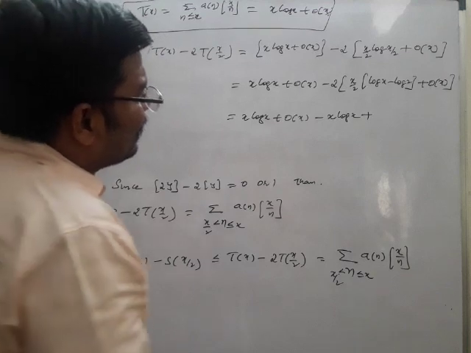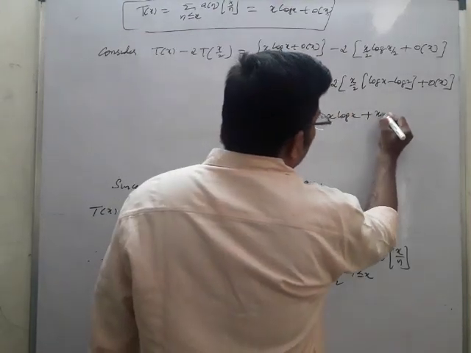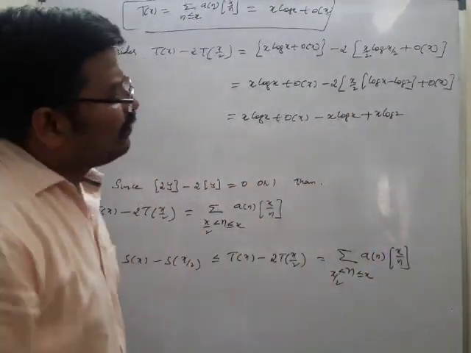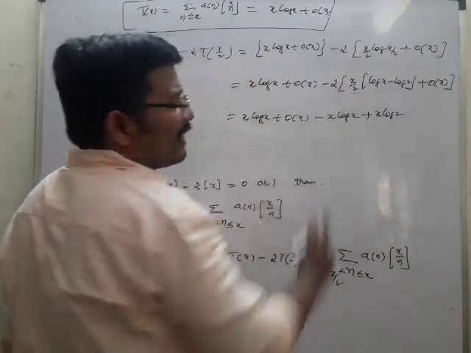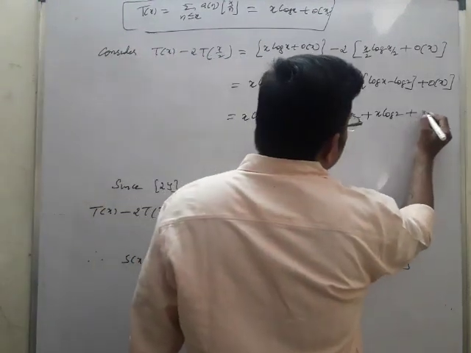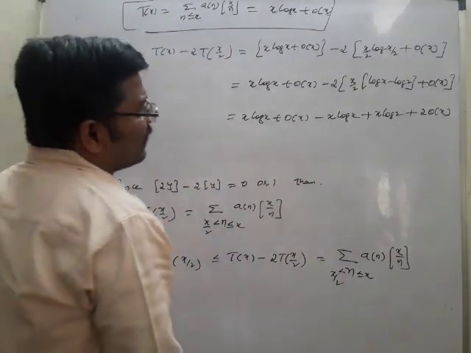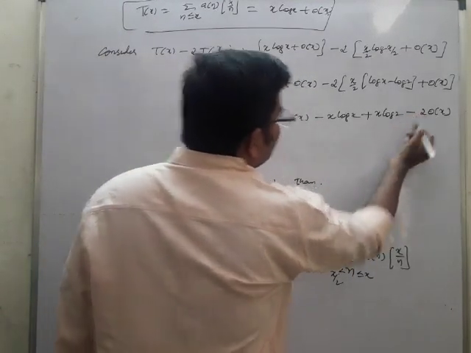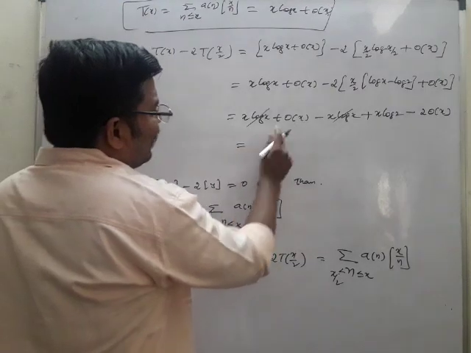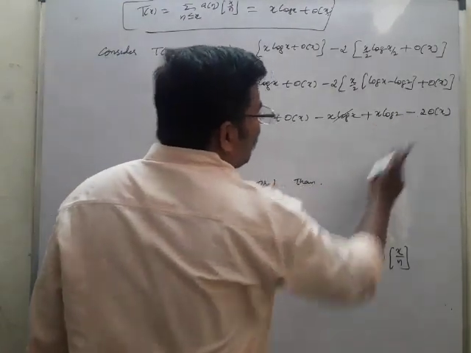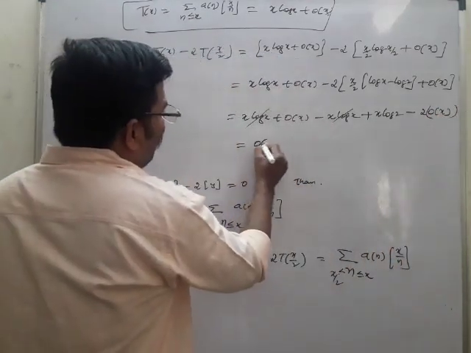Then plus, you should understand, here this x/2 is for this also. So then x log 2 you will get, because if you multiply x/2 with log 2, you will get (x/2) log 2, the 2 will get cancelled, x log 2 plus 2 big O of x. So this is not plus, this is minus. If you multiply minus, x log x gets cancelled. Now big O of x minus 2 into big O of x, you will get big O of x.